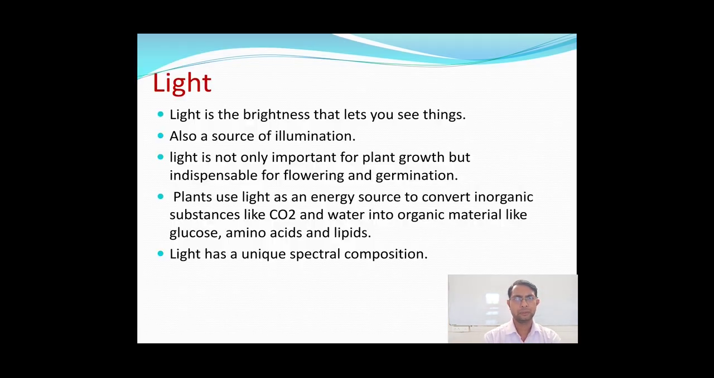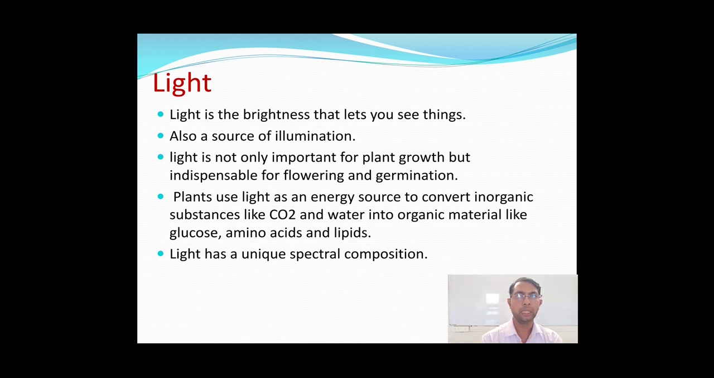Now, what is light? Light is the brightness that lets you see things. For example, in the night time we cannot see different things, and during the daytime we can see almost all things. It is nothing but light. So, light is the brightness that lets you see things. It is also a source of illumination. Say, for example, a bulb. When a bulb illuminates, it will produce light. Likewise, the sun. When the sun illuminates, it will produce the